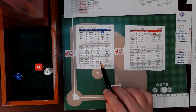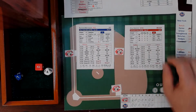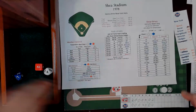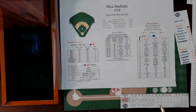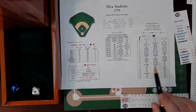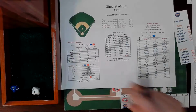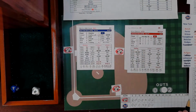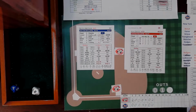.247 against a left-hander, and that is a deep drive to right field on a .247. Griffey's power is a 3. So we'll figure out what we can do here. We're going to add these 2 dice to the 3 on a deep drive to right field. We're adding 3 to the 12 to make it a 15. That's a fly ball to right deep, but the runner on second has to challenge. Well, the bases are loaded, so I don't see where the runner has to challenge. I believe that's a sacrifice fly automatically, and the runner on second has to challenge going to third. So scoring on the sacrifice fly is Geronimo